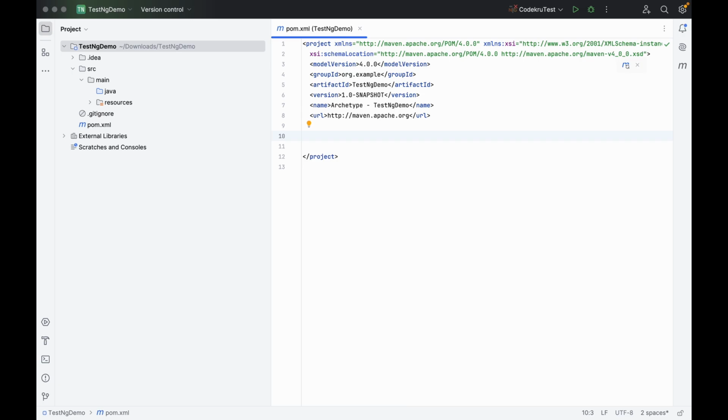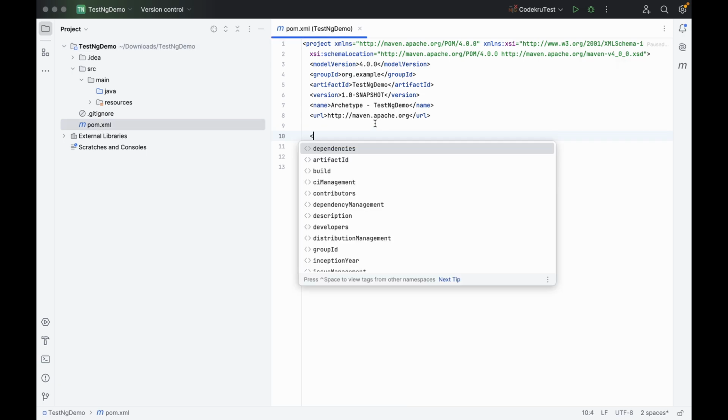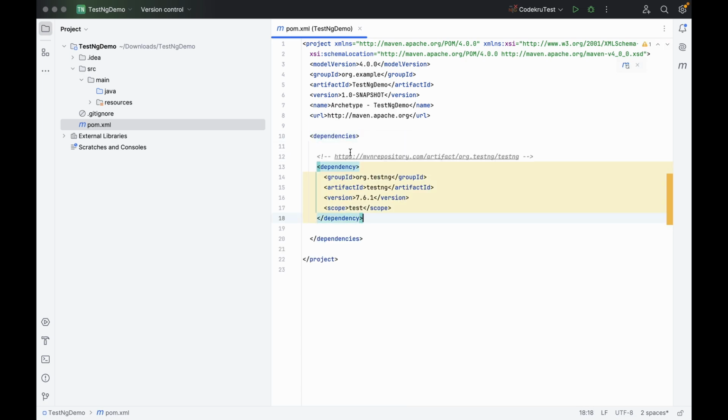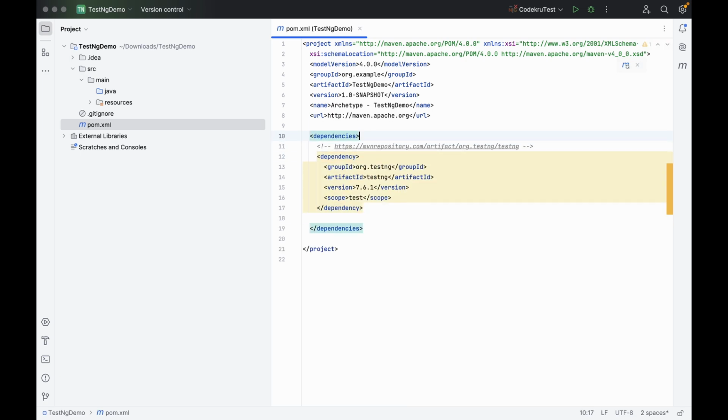So how can I add it? I'll just go to the pom.xml file. I'm already there. I'm going to add the dependencies tag and then I am adding the dependency that I just copied from there. Now you will see that there is this scope test that is mentioned here. I am going to remove this because I am going to write my test cases in the src main java folder. If I do not remove this, then I won't be able to use TestNG features in src main java because